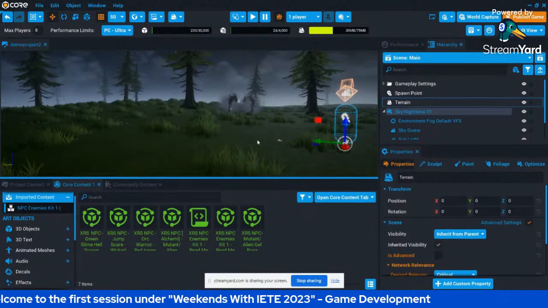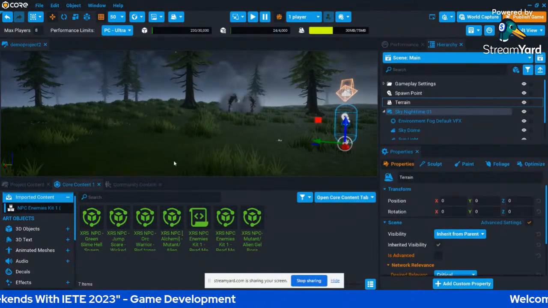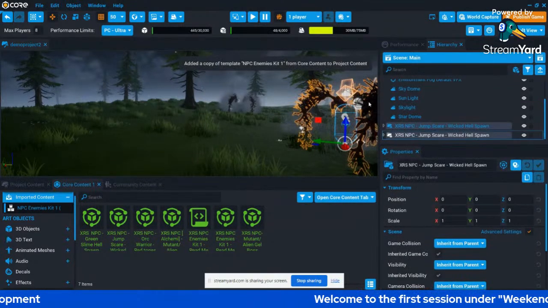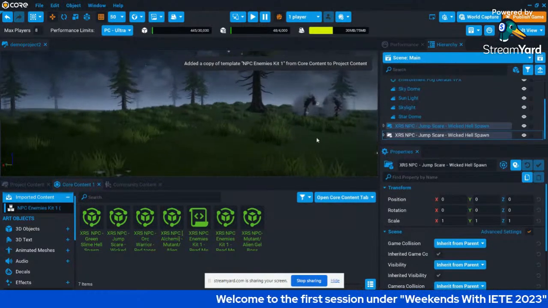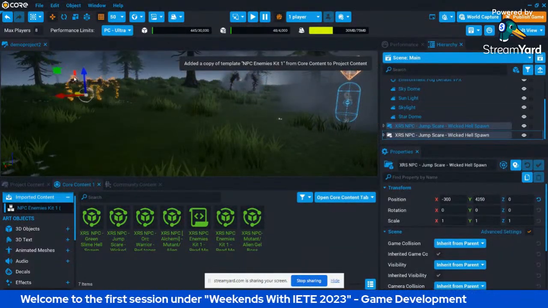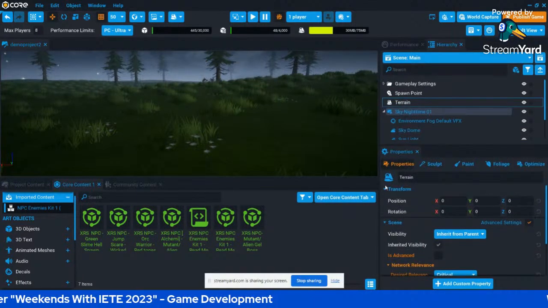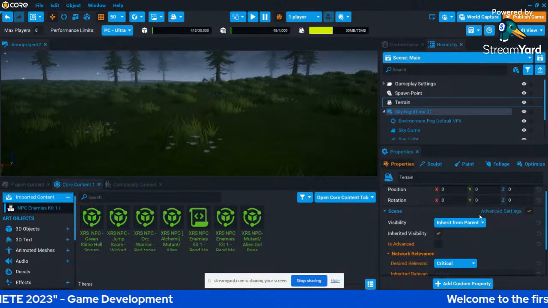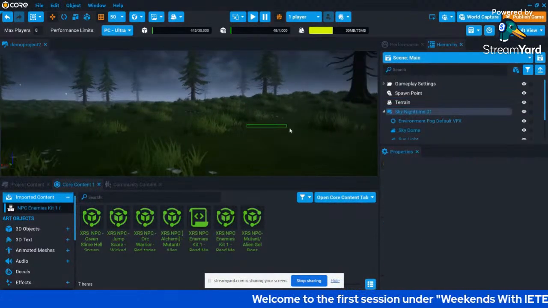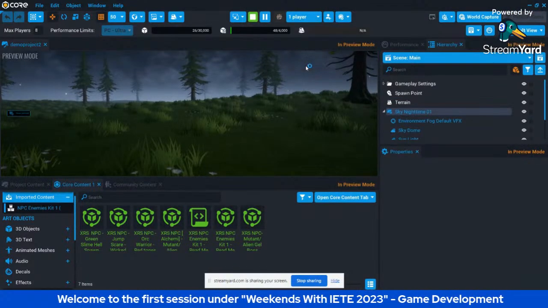So I'll place him there. You can even add some more units. We'll just quickly translate them to different positions. Okay, so now we have placed 2 units. Now let's check it out in the preview mode.